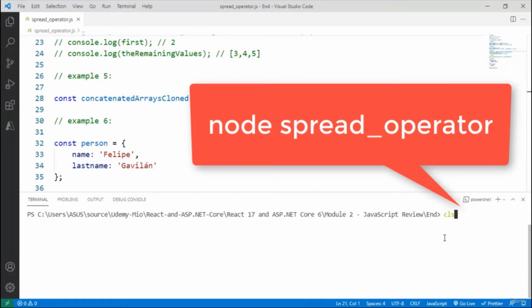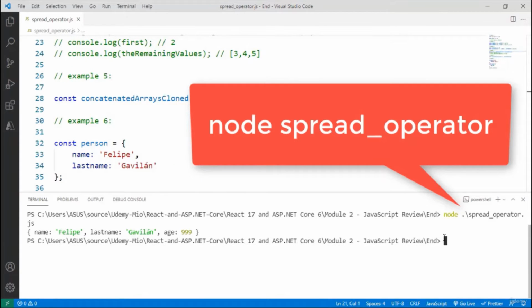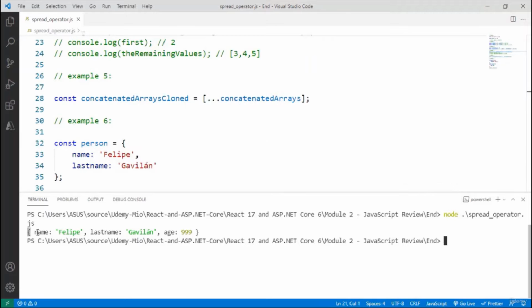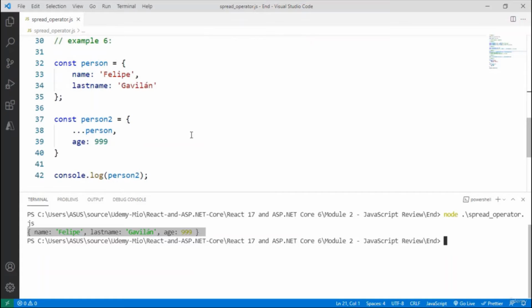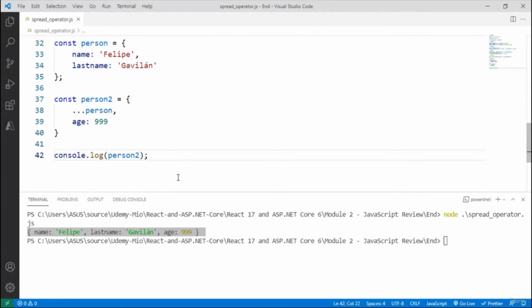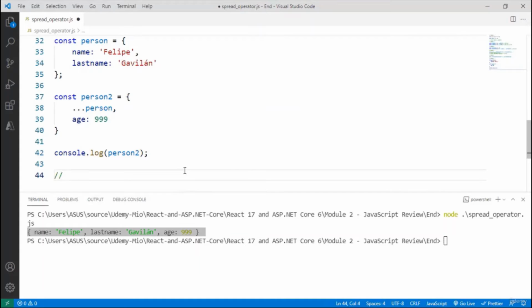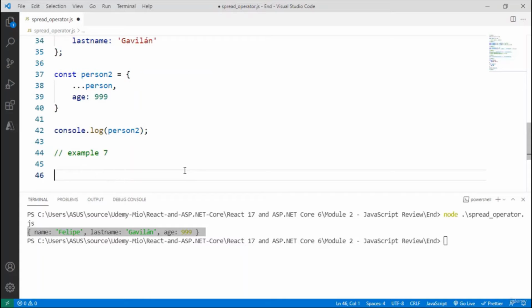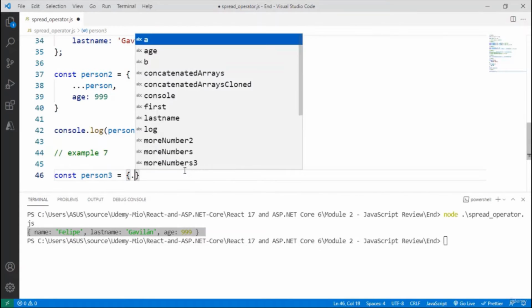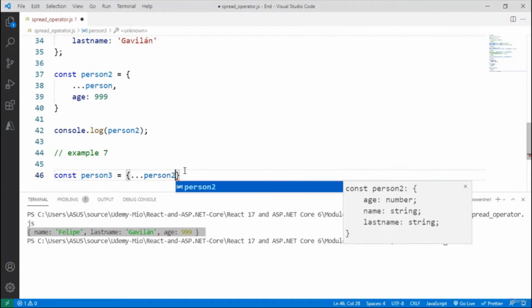And now let's come here and I will say node spread operator, and as you can see we have an object which has the properties name, last name, and age, which means that indeed we combined the person and person2 object. Something else that we can do, just like we did with arrays, is to clone an object. Let me say example 7, and here I will say const person3 equal to ...person2,